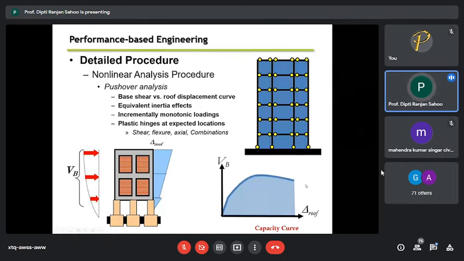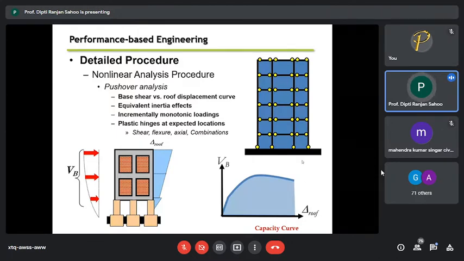So from this curve, which is the capacity curve of the structure, you do a monotonically increasing displacement loading step by step, and you try to visualize how each member and the structure as a whole are performing. Now, one can ask, you are dealing with dynamic loading and you are doing a static analysis. What is the relevance of this? The relevance is what is called the equivalent inertial effect,